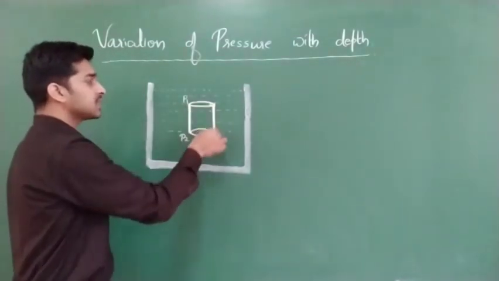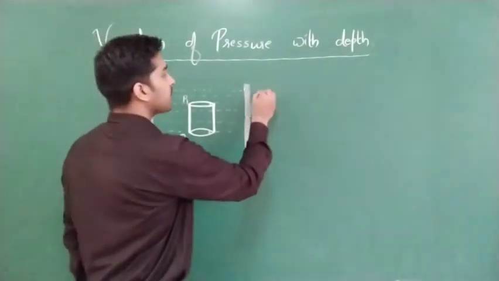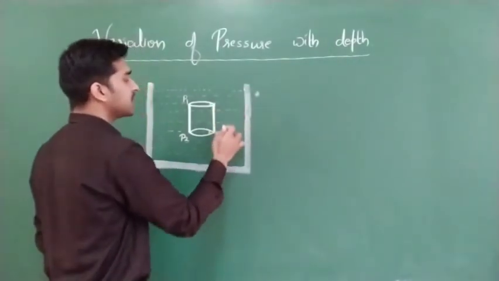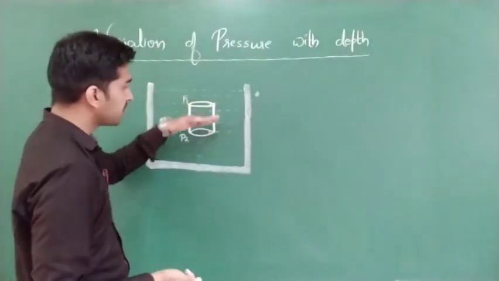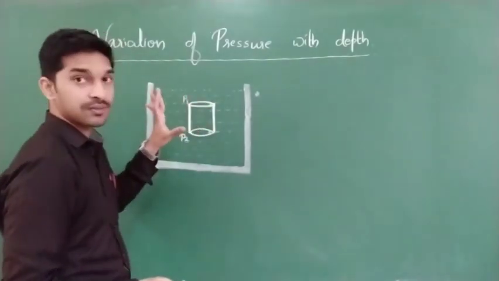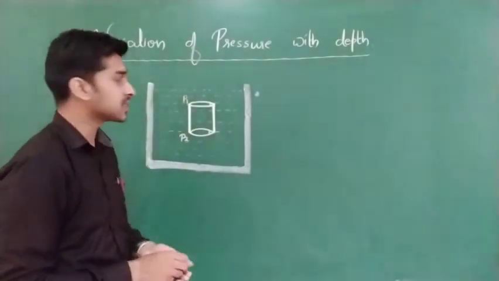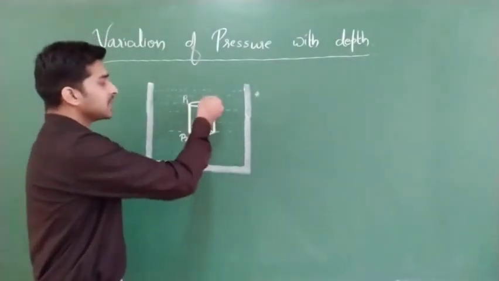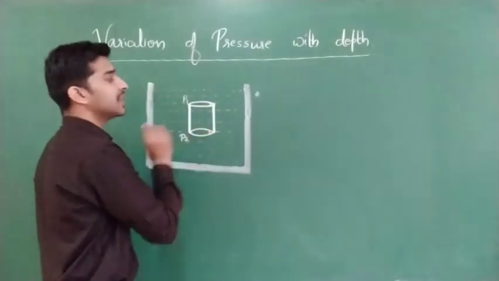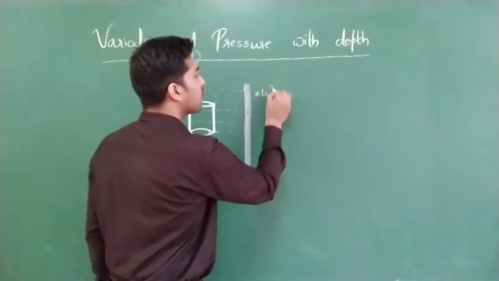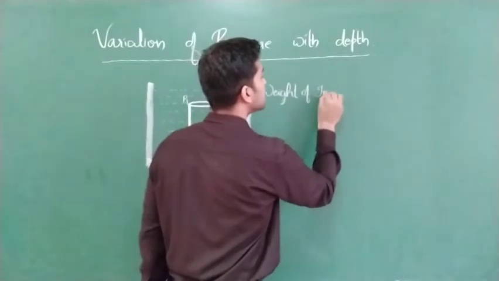So we are imagining this complete cylinder, and what we are going to discuss is calculating the pressure difference between these 2 points. If I get the pressure difference between these 2 points, then as I go deeper and deeper, we can see how that value is changing. With this reference point, that is what we are going to discuss. So after imagining this cylinder, what we are going to calculate is the weight of this complete imaginary cylinder.